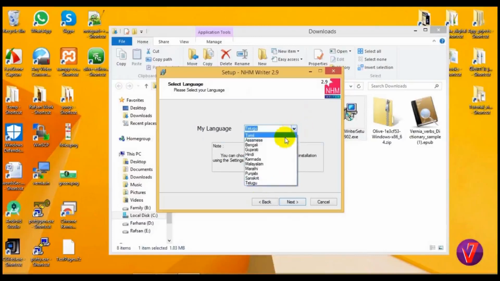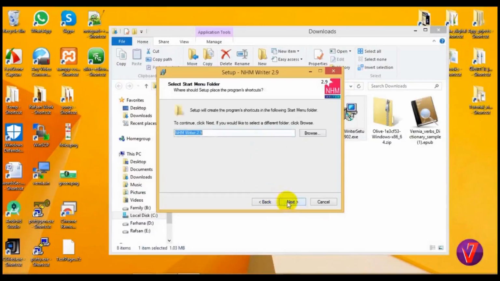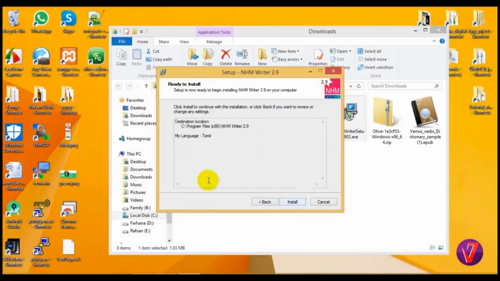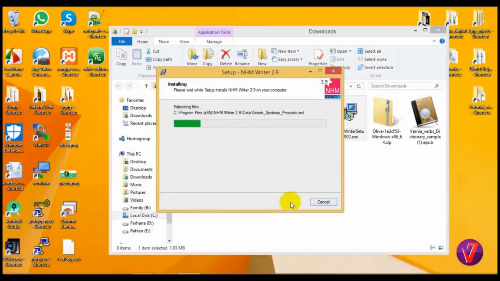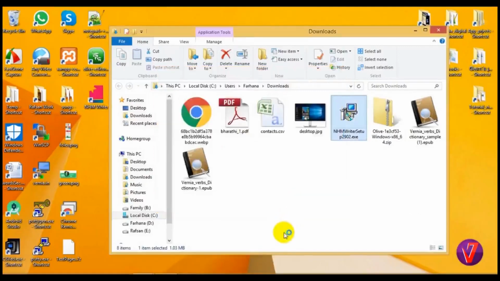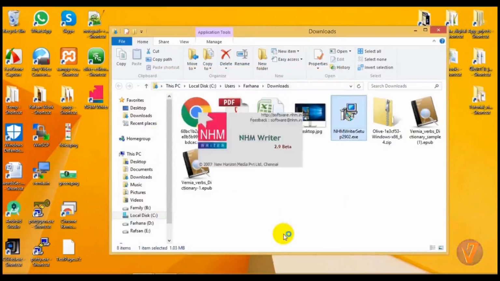You can change your language setting anytime. Click on Create Desktop icon. Allow it to install as default. Finished. It installed and started ready to use.